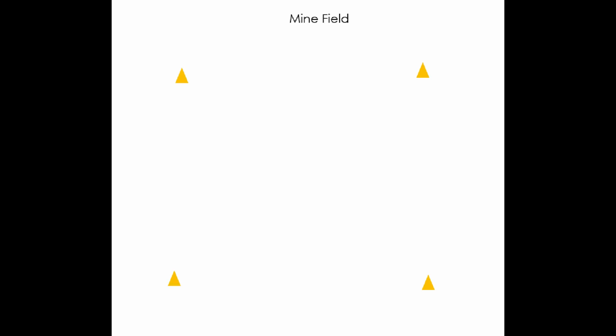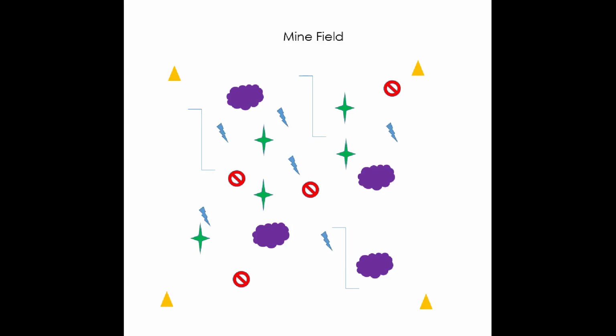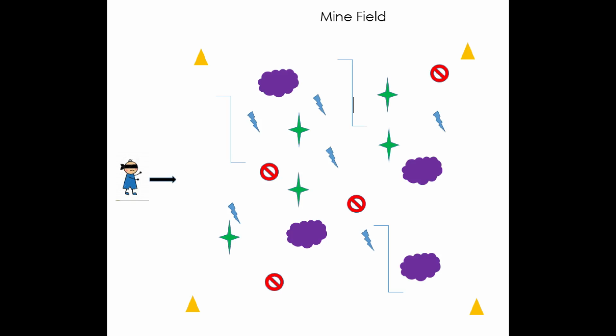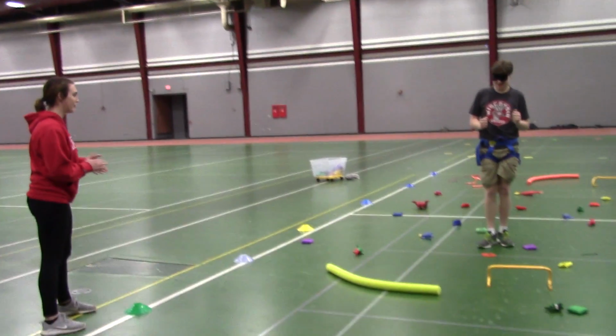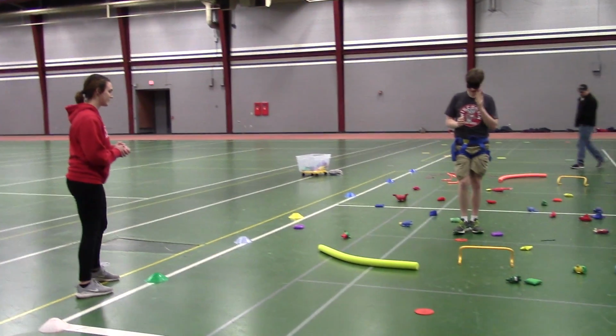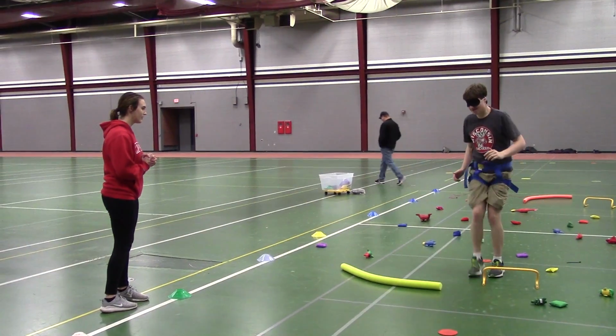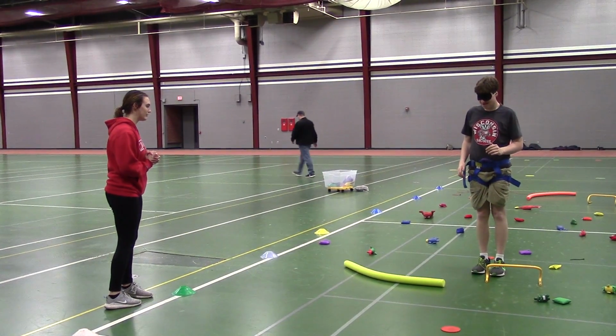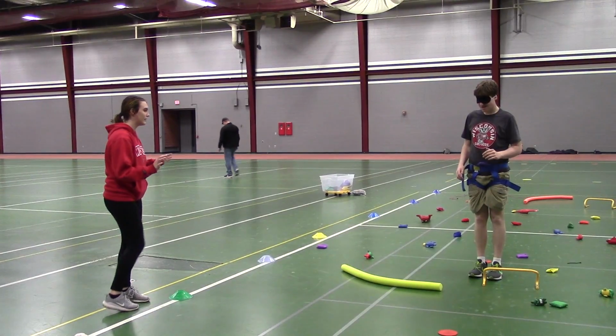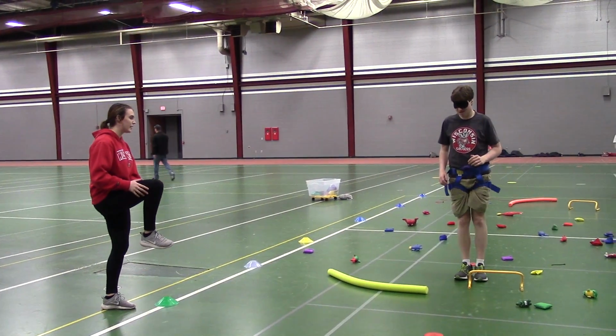Minefield is a game that helps students practice directive communication. For the game, students will work with a partner. Mark a playing area with 4 cones. Inside the playing area, place a variety of objects. Make it unlikely that anyone could walk across the area without stepping on one of those objects. Blindfold one partner. The object of the game is to verbally guide the blindfolded partner safely across the minefield. Anyone coming in contact with a mine must return to the beginning and start again.